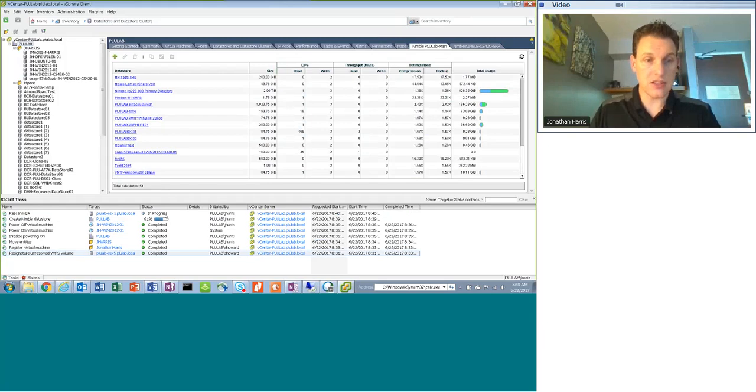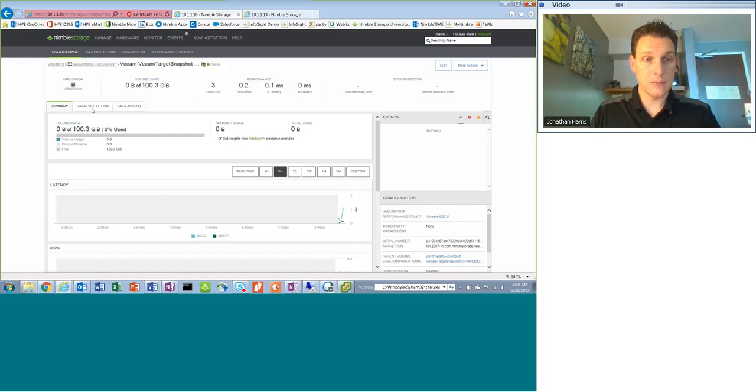If it scans ESX5 right away, then that data store will show up, and we'll be able to migrate the VM right away. It's just starting the data store now. And we can also, though, go over to that array. And if we go to volumes on that array,